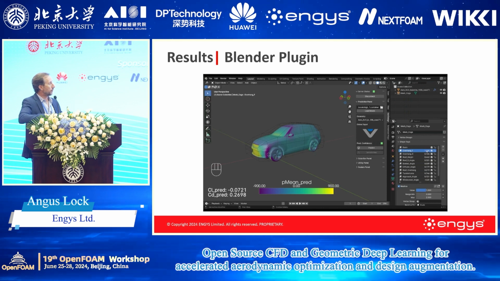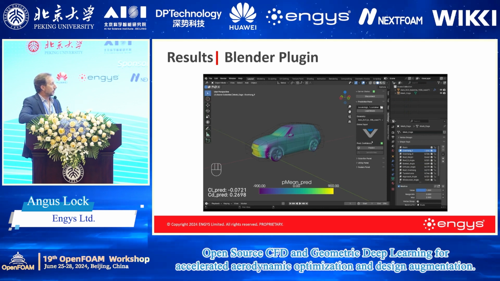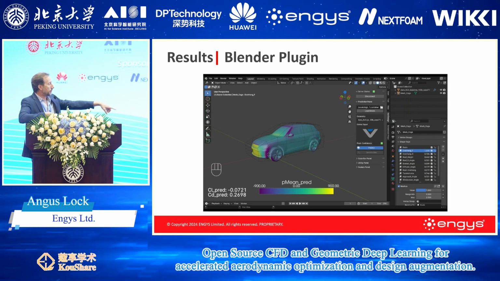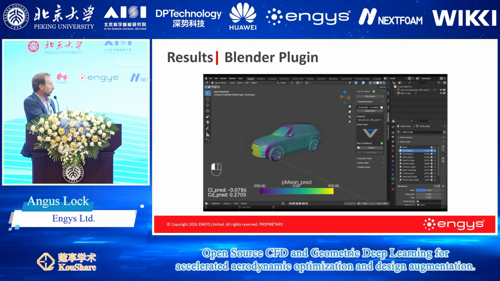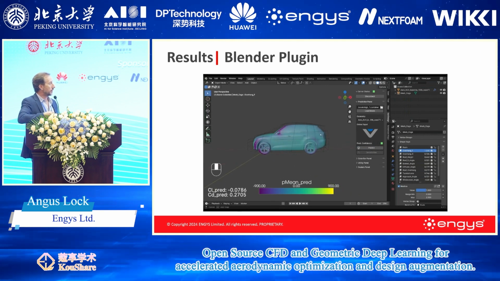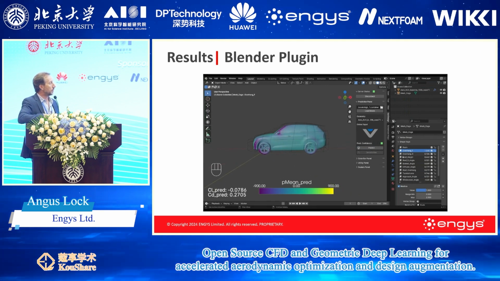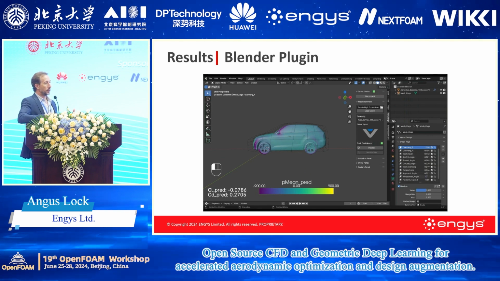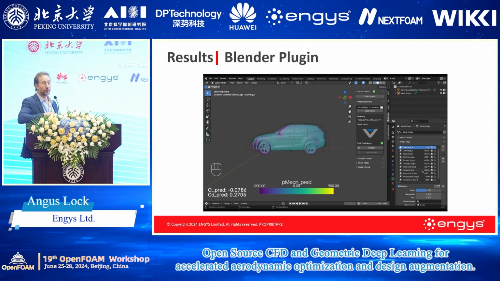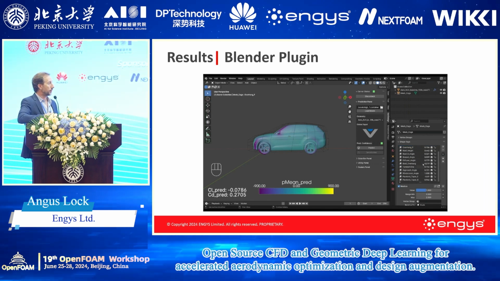We're actually just modifying one of the parameters there. Can then just click a predict button, and if you look in the bottom left-hand corner, you can see that the force coefficients change within a couple of seconds, and the flow field around the vehicle also changes. So we're getting almost immediate feedback for arbitrary changes in the geometry of the vehicle.